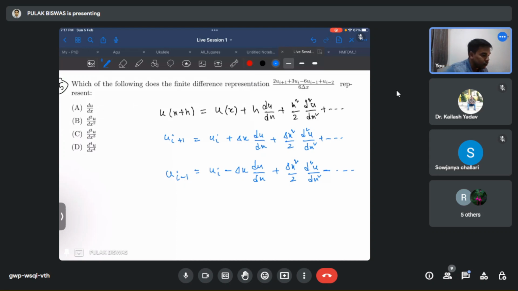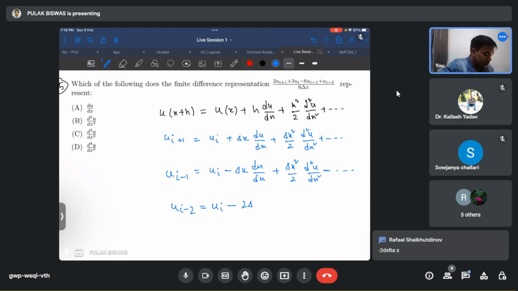So again, one last is there, u i minus 2. So can you tell me what will be this term? u i minus 2, since it is 2, now instead of delta x there should be 2 delta x. 2 delta x square means, so if I write directly 2 delta x square,